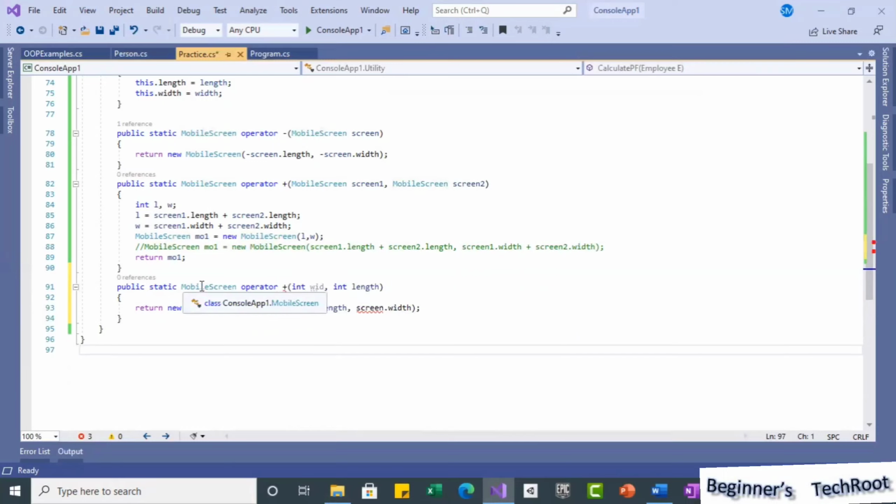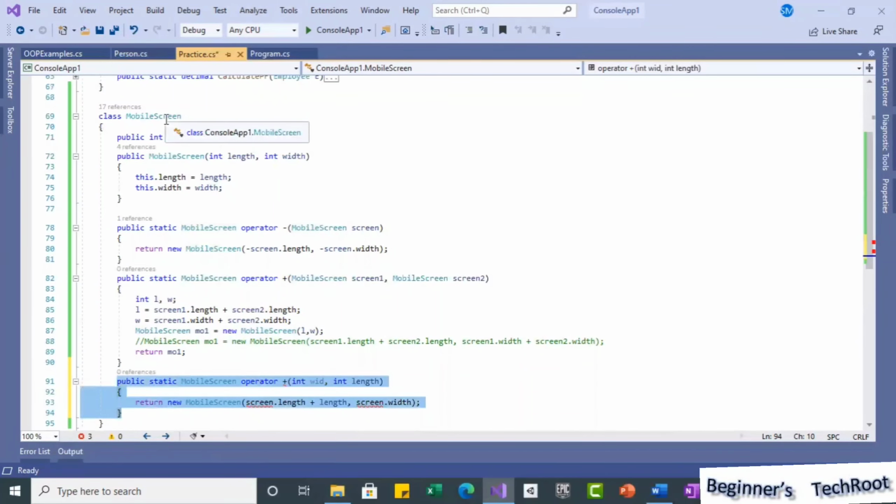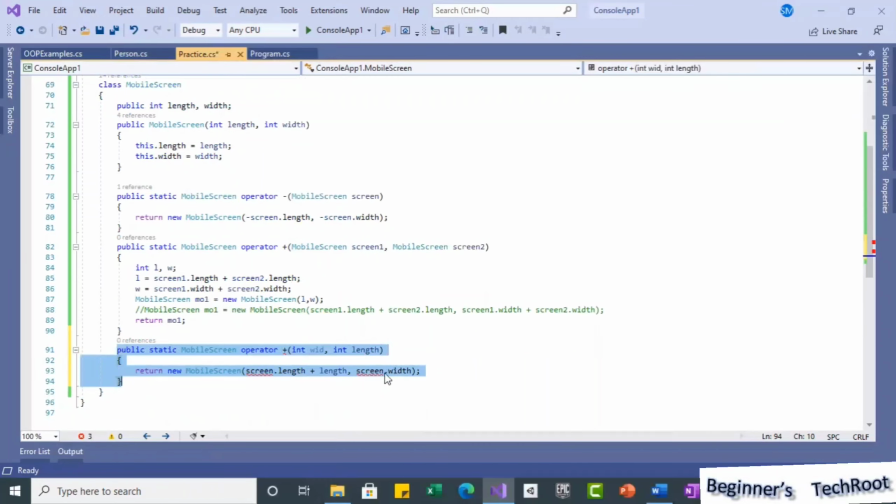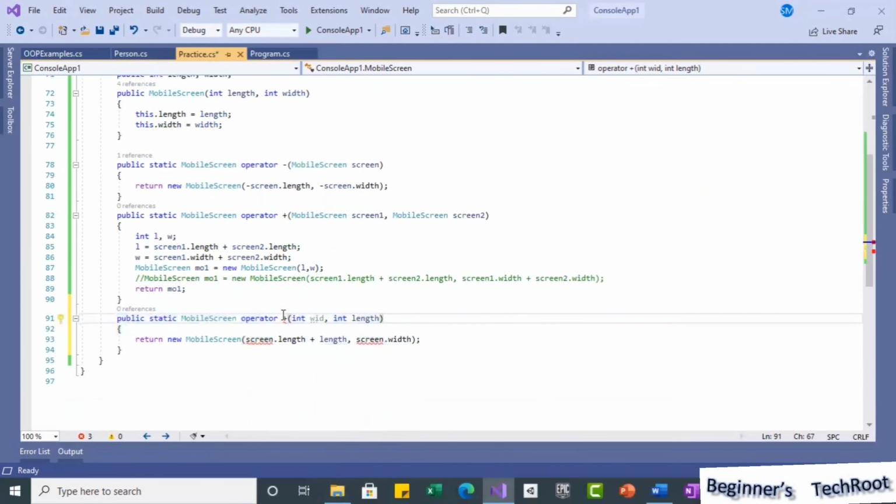Containing type means the type where we are defining this operator overloading, the mobile screen class. So this mobile screen class is the container for this overloading. So at least one of these two parameters should be the containing type, otherwise you will get the error. It won't allow. So you should keep at least one of the same type.